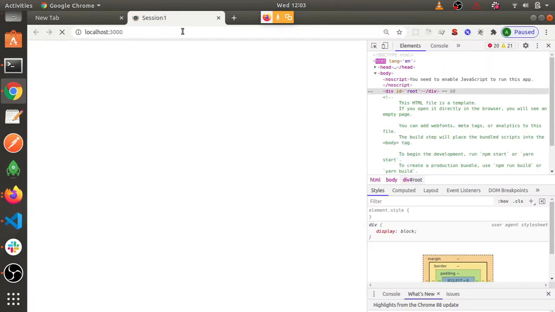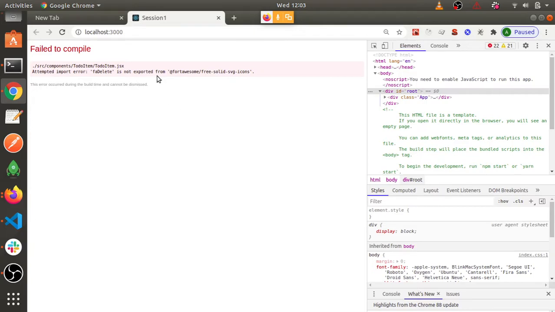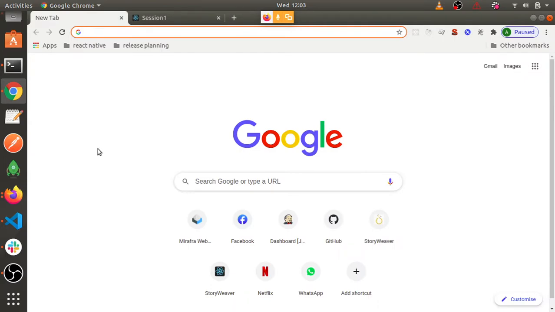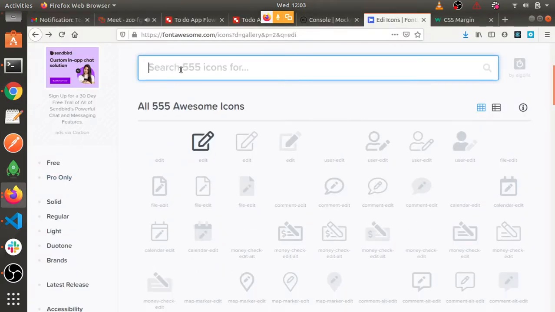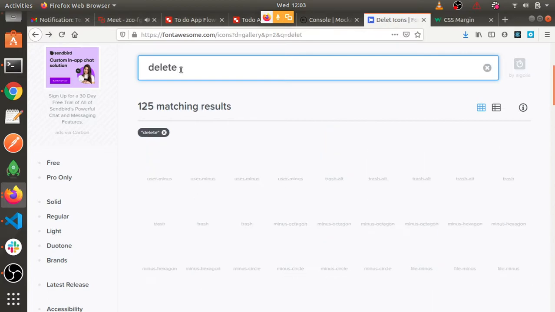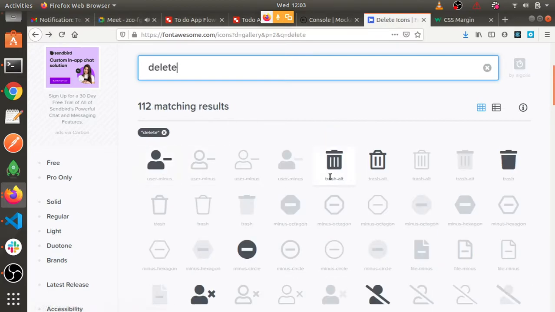Fa delete is exported from this, attempted to import this, and delete is not there. Let's see what it has been named. From here I'll search what is delete. What does delete icon look like? So if it is not delete, it is trash alt. Okay, there is no icon with delete, that's why. So it is trash alt.